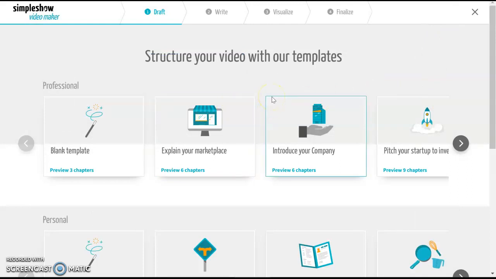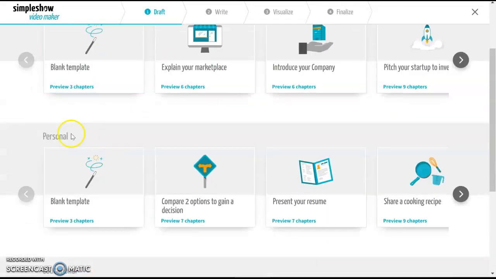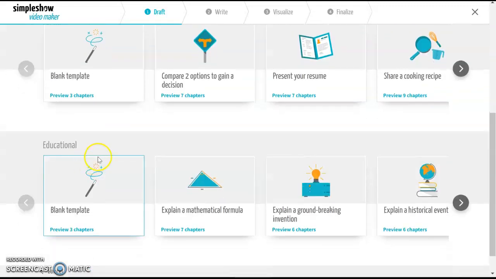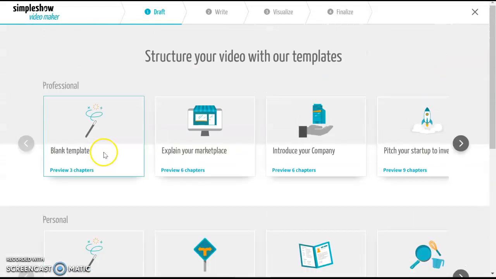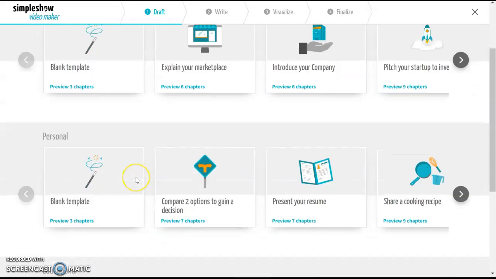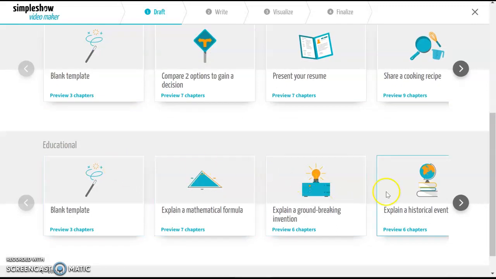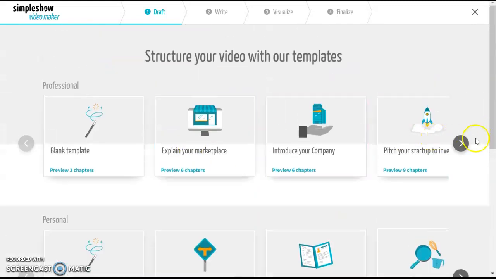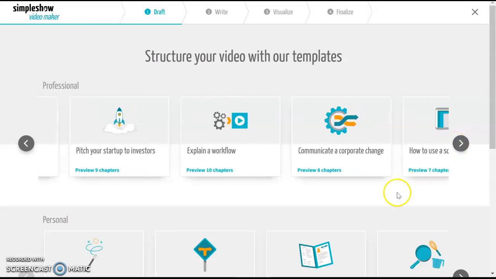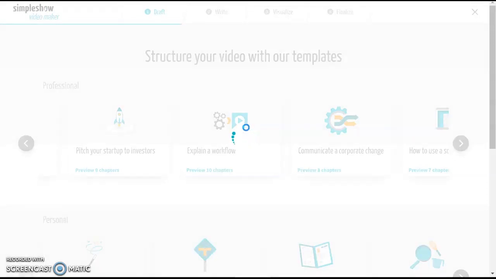So from there, then you will choose a template, either professional, personal, or educational. Any of these you select, again, it's going to pop up a video and walk you through how to use it. I had played with the educational side of things and the professional, explain a workflow. For me personally, if I explain how to use our training management system, I found this broke it out very straightforward and it's pretty interactive. So once you select your template,